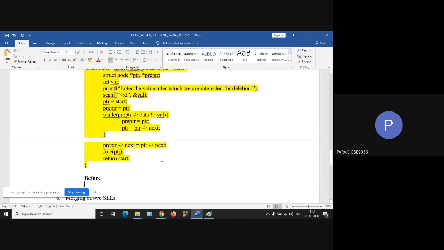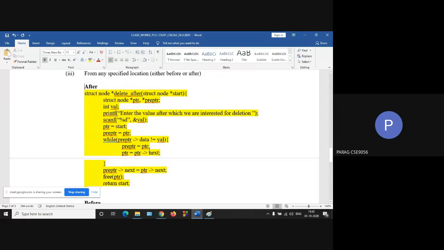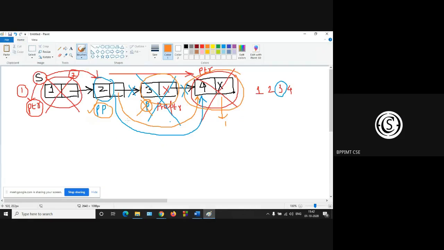স্যার একটা কোশ্চেন আছে। হ্যাঁ স্যার। এখানে while pre-ptr data not equals to value এটা করা হলো কেন? আমি তো বললাম 2 এর পরে ডিলিট করতে।